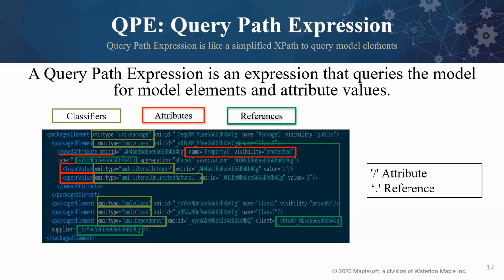The snippet you are seeing here is an XMI extraction of a model. The user doesn't need to be familiar with this. This is just for me to show you the 3 different types of information the user will be interacting with to create a configuration file. So the classifier, which is the type of element that you want to work with, and attributes, which are the properties of the classifier, it could be the name.